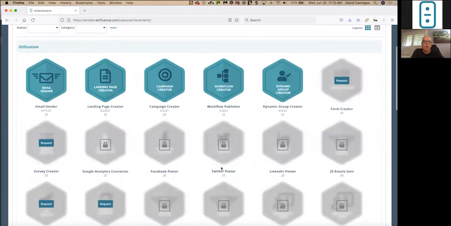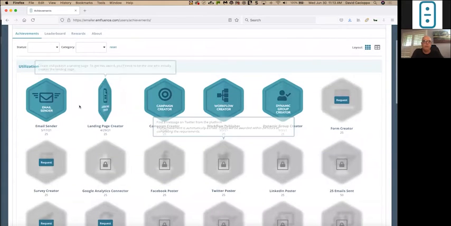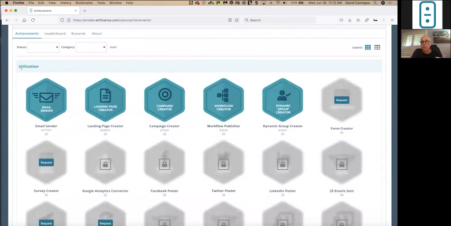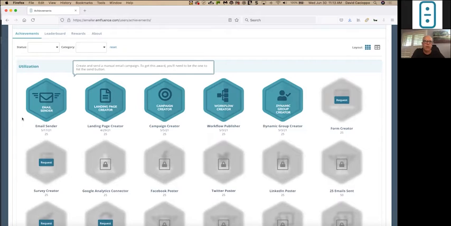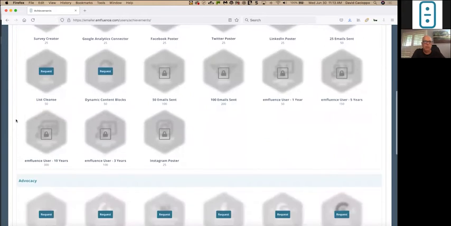So I want to briefly talk through how you get points. So there's points for utilization. So doing things in the platform. And again, if you've gone through our certification or training with Alan or any other team member, you've done lots of these things in a demo account or in a training account. If you get in and actually do them in your own account, we'll be able to monitor whether or not you've done those activities, and you can get points, and then you can redeem those points, and also take a look at the leaderboard, see what kind of rewards you can redeem for. So there's a utilization category, you actively doing things in the platform.